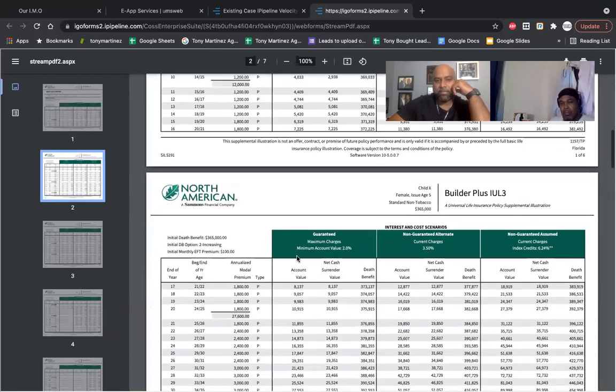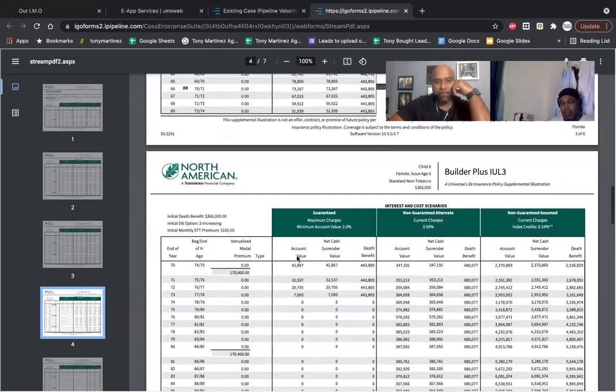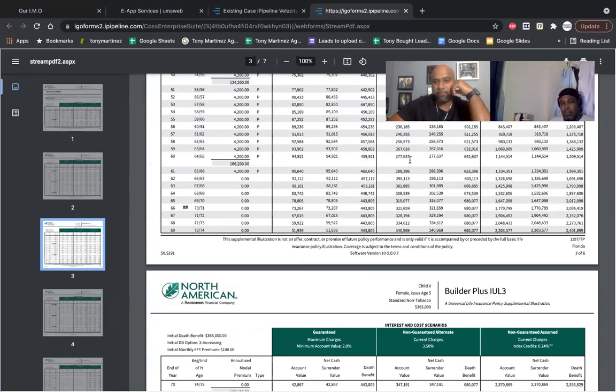Correct. And here's the piece, because if you notice, I was already going to that page. If they treat it as a retirement vehicle at 65, they don't even need to take out principal. Look, the money goes from 1.2 million to 1.32. That's $90,000 worth of earnings. No, wait, I'm lying. It's more than 90. That's $110,000 worth of interest that they can take out without even tapping into their